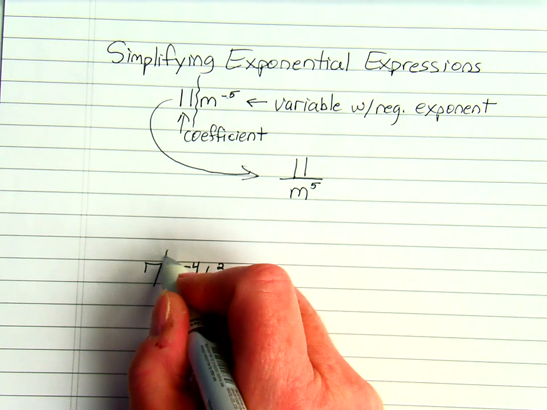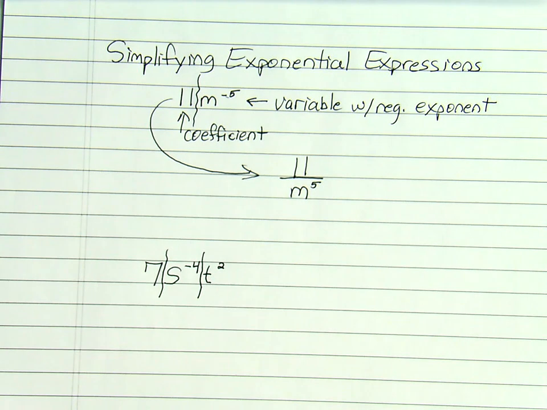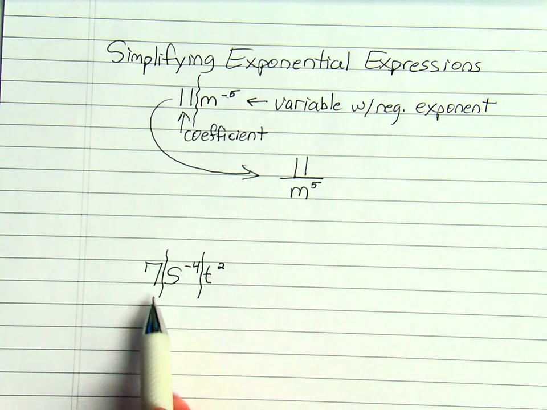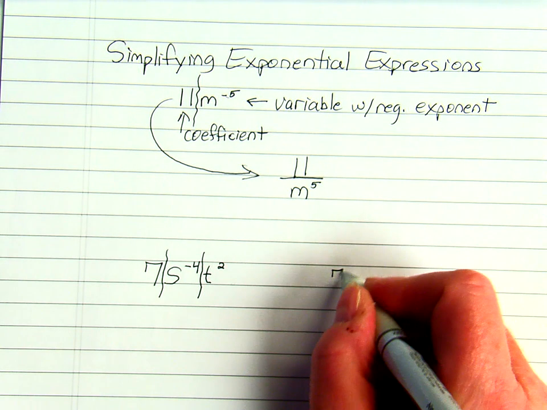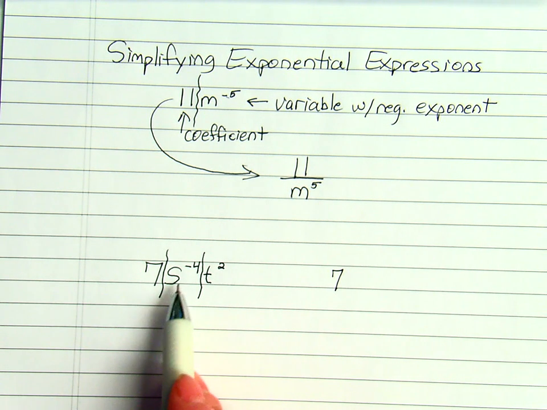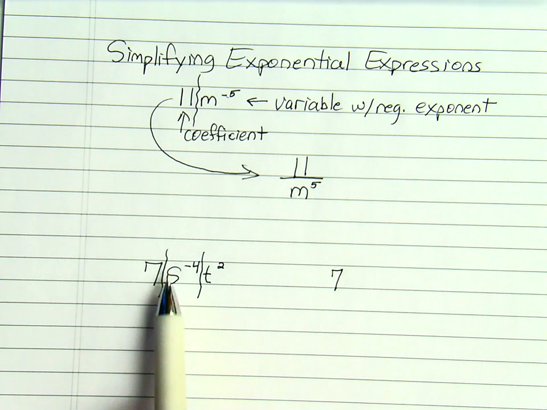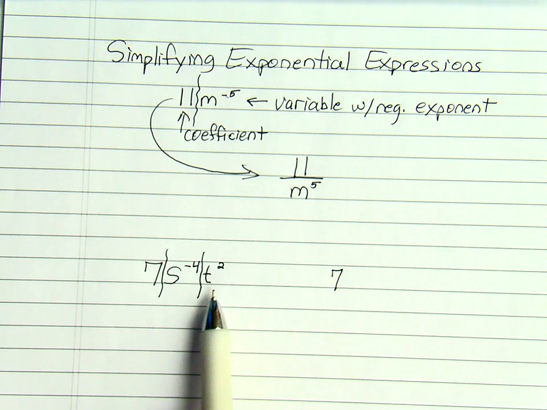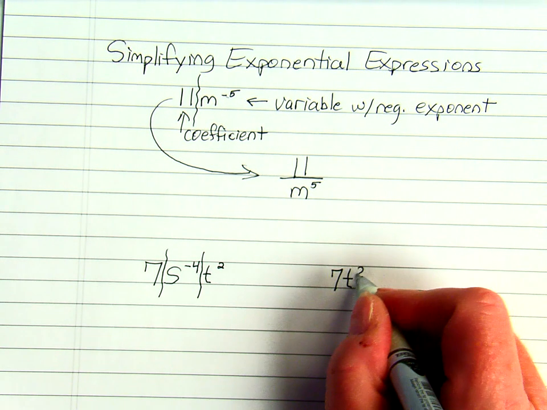Remember, each of these we look at separately. Now, our 7 is definitely where it belongs. It is a numerator. The s has a negative exponent, so that does not want to stay there. But our t squared definitely has a positive exponent, and it is saying I am in the right spot, so